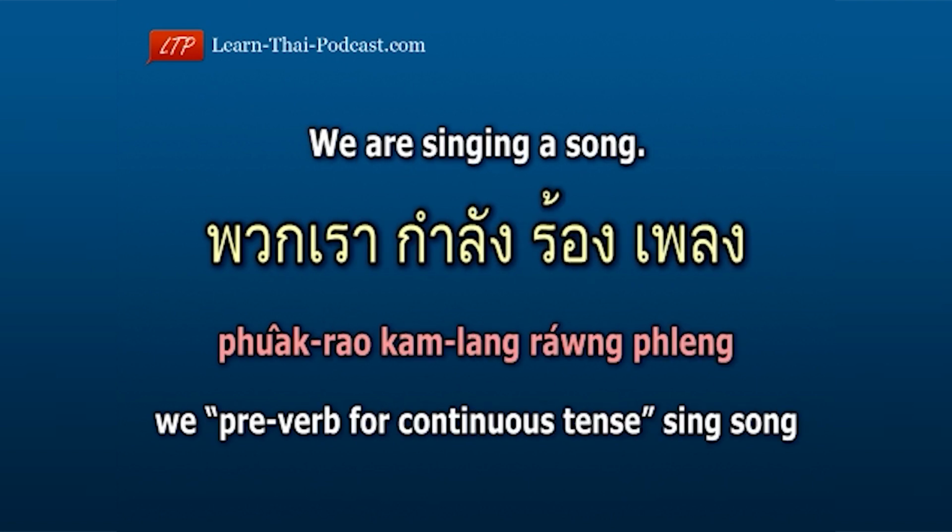Another example. We are singing a song. พวกเรากำลังร้องเพลง. We พวกเรา, preverb for continuous tense กำลัง, sing ร้อง, song เพลง. We preverb for continuous tense sing song. พวกเรากำลังร้องเพลง